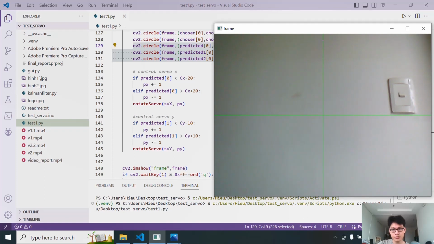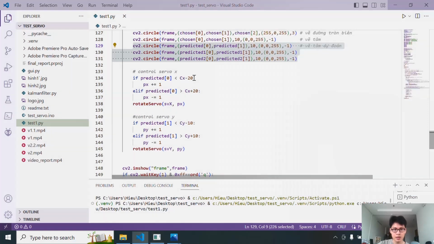In order to reduce the fluctuation of the servo, I will increase the width of the center X line by 40 pixels,